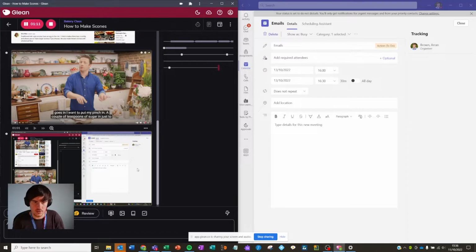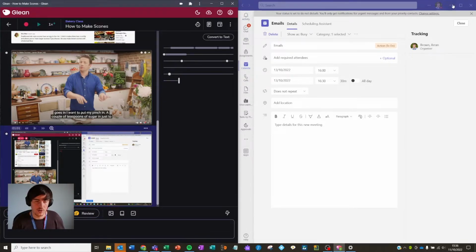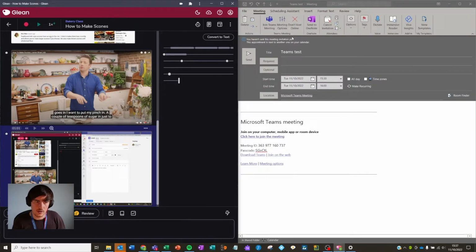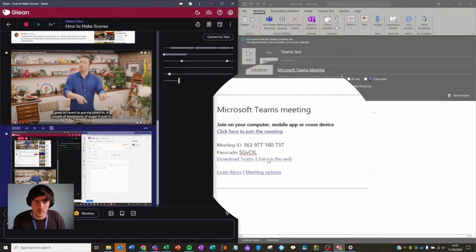But if you wanted to record the entire screen of Teams, the way to work around that is actually to open up the Teams meeting within Google Chrome in your browser rather than actually in the Teams app itself. If we go on to our meeting invite, so say we had a meeting invite for our lecture that we were going to join online, you've actually got the option to join on the web here. So if we did that, if we just copy the meeting ID here, press join on the web,